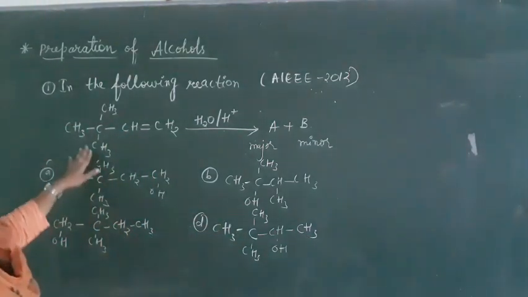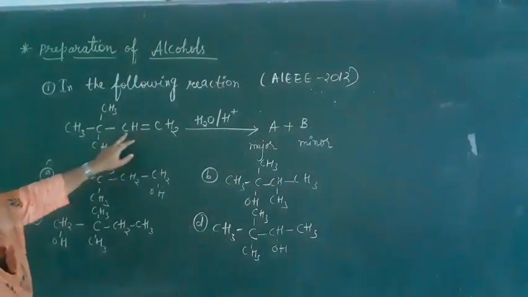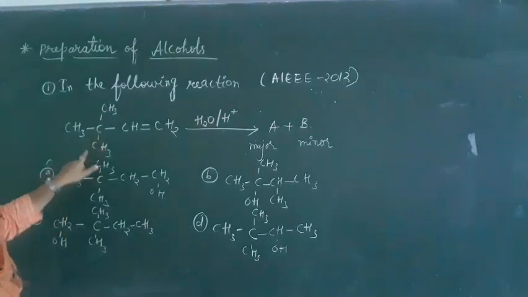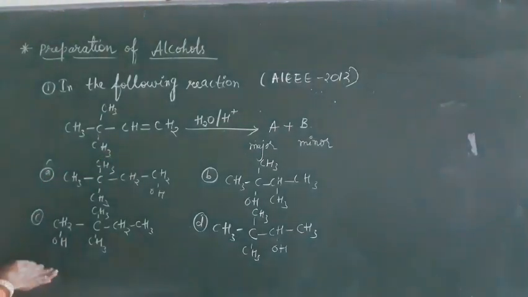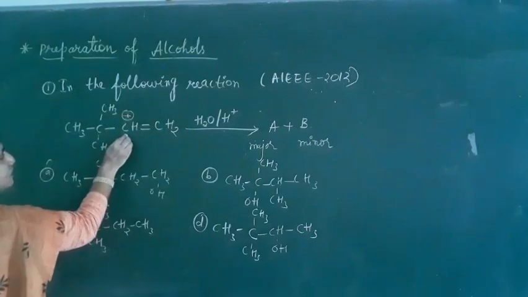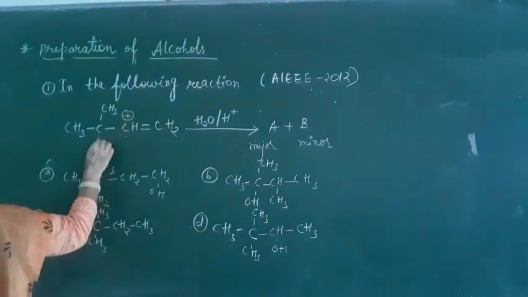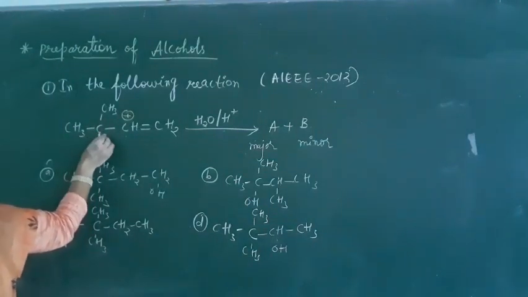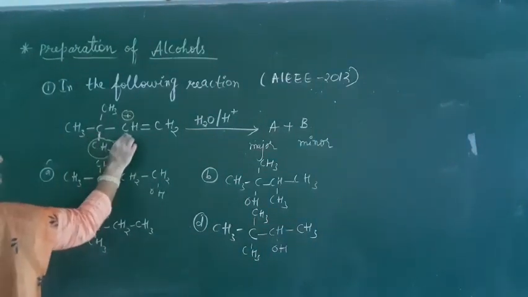According to this one, what is this? 1, 2, 3, 4, 5, 6. Neohexene it is. So as I said, the methyl group is here, so we can shift this methyl group here. This becomes carbocation, OH should come here. But beside that, we can convert it into tertiary carbocation, so this methyl will shift here.